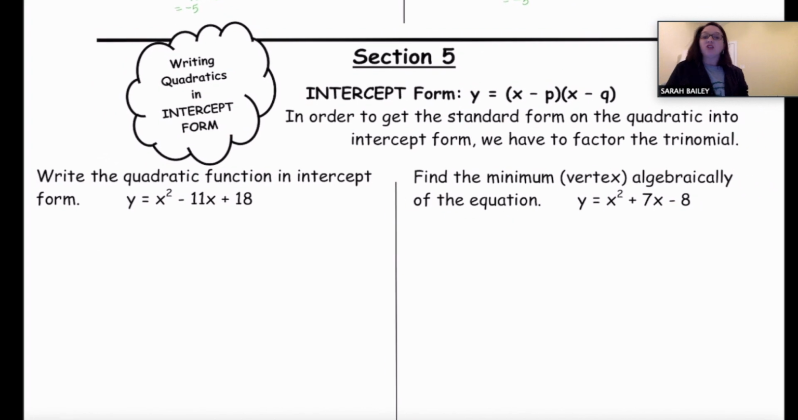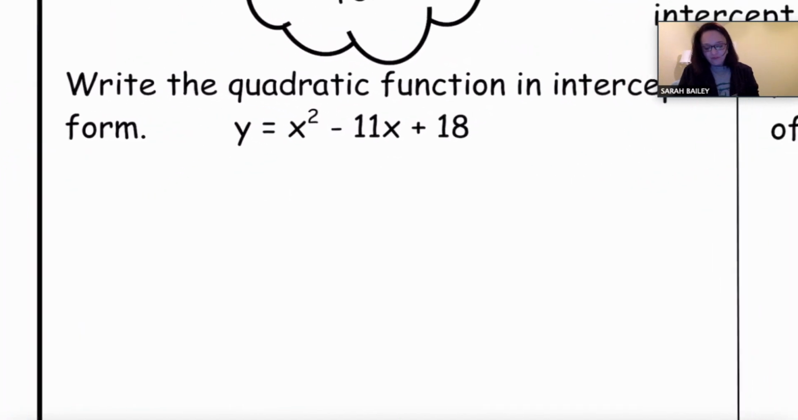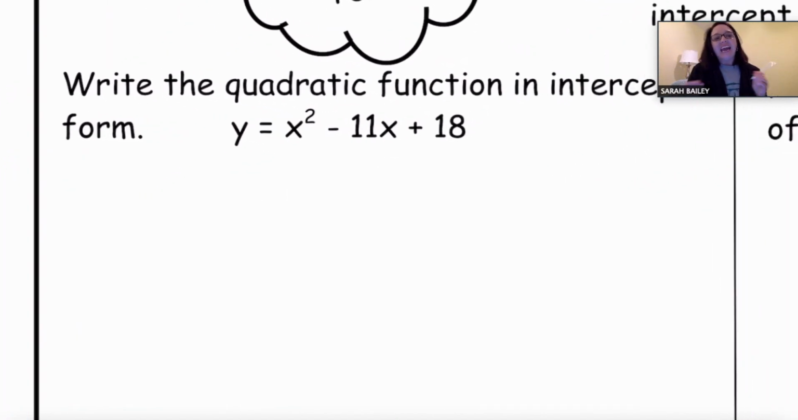So in this section, remember they're calling this intercept form. We referred to it yesterday as factored form, which means the same thing. So now we're going to practice changing from standard form to intercept form. And really, all we have to do here is factor the trinomial. So if you'll recall, when I'm factoring the trinomial, even if it's in ax squared plus bx plus c, which this one is not,